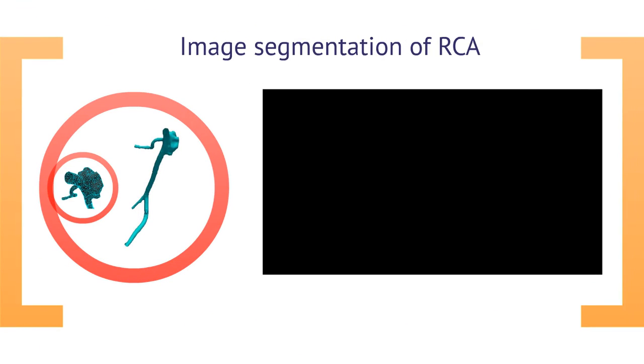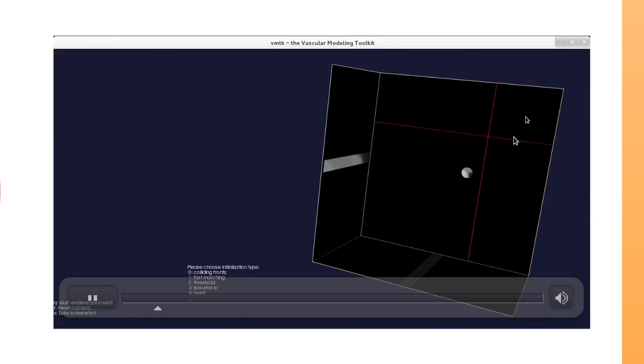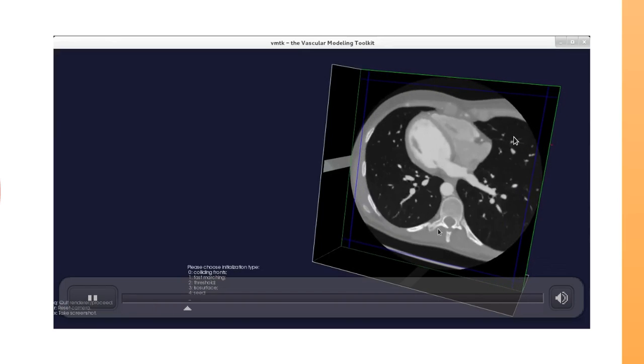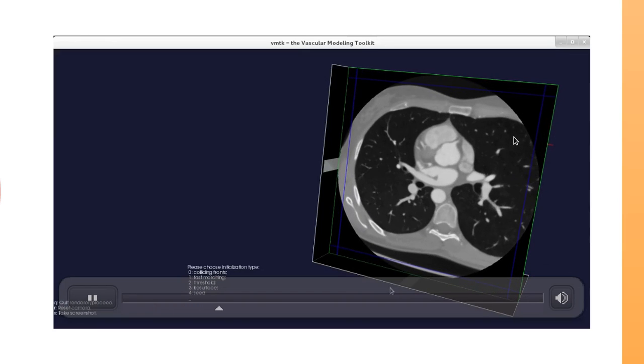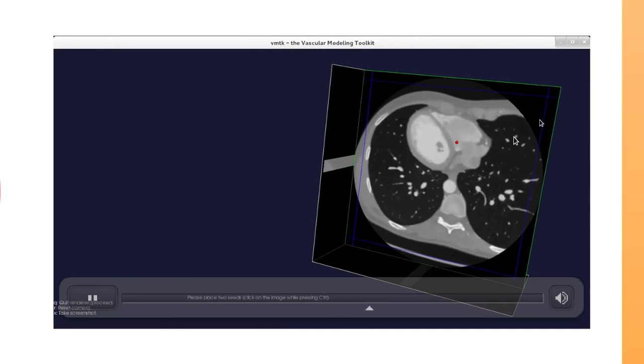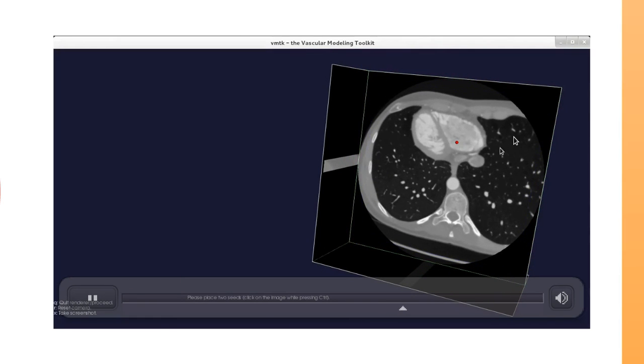We start from the analysis of the right coronary artery, RCA, and we perform an image segmentation of the right coronary artery starting from CT scan data. CT is computed tomography, and here we can see a cross-sectional representation of a thoracic CT scan, and we plant the seeds near the aorta at that point, and then we follow the lumen of the blood flow in order to retrieve its final point and segment the whole branch of the right coronary